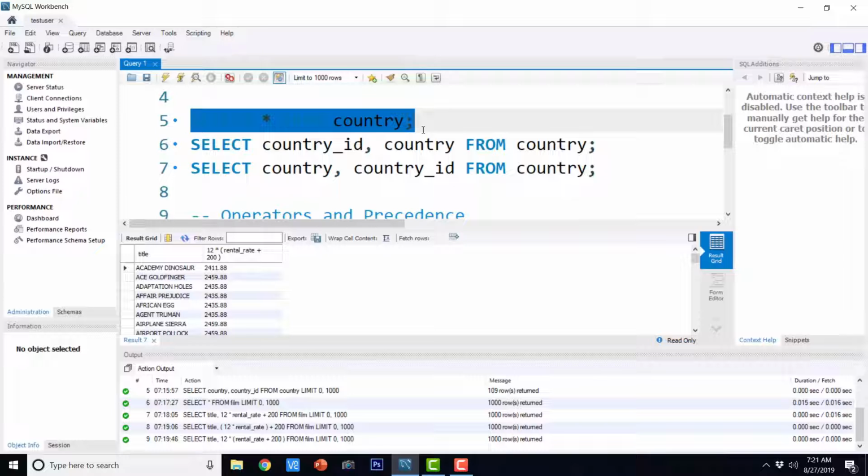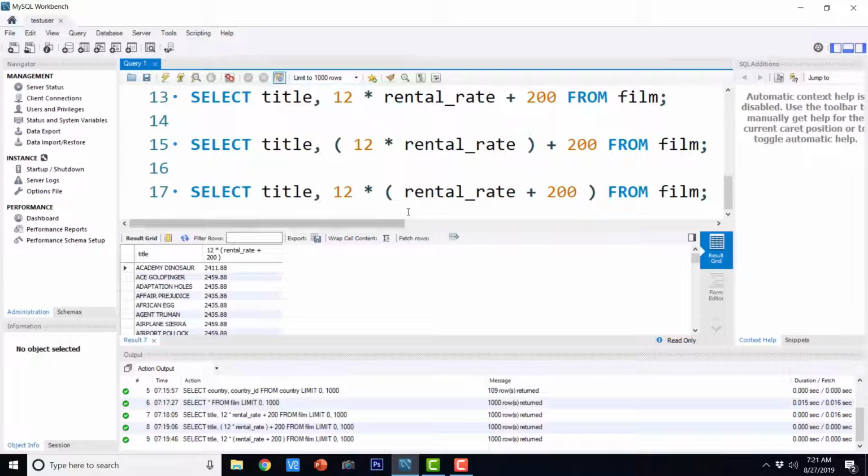So I want you to go ahead and practice by modifying these queries and then checking the output. A PDF corresponding to all these queries will be there in the downloadable section of this particular lecture. You can refer to that PDF, copy the queries from the PDF and execute them as they are, as well as modify them to see how the output changes.